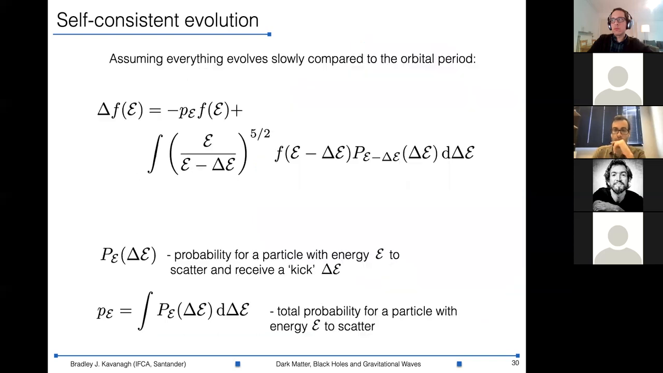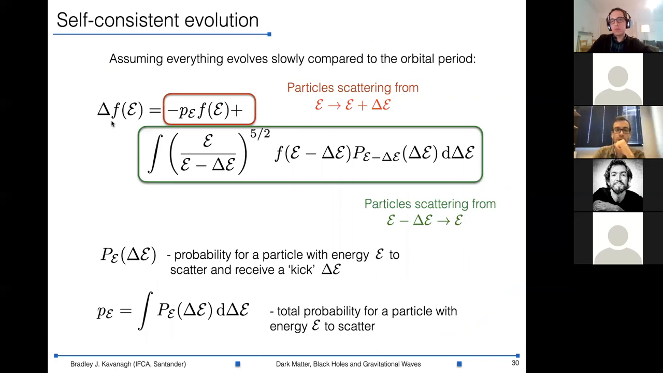Okay. And so the equations that we used look like this, but you can really understand them in relatively simple terms. So the change in the distribution function over one orbit corresponds to the chance that a particle scatters if it has a particular energy times the number of particles which have that energy. Okay, so these particles